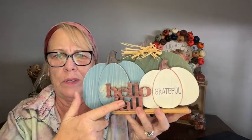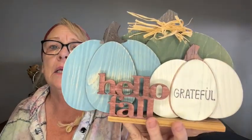Now this one, I paid $3 for it in the Dollar Tree Plus section. And when I bought it, I said, yeah, but I'm getting 3 pumpkins. So technically this was $3 and $1 for the wood piece down here, $1.25. So $4.25, and then this was part of the package. So this is, you know, like under $5, and I think it came out super cute. I just prefer, and I did not double side it. I thought about it, but